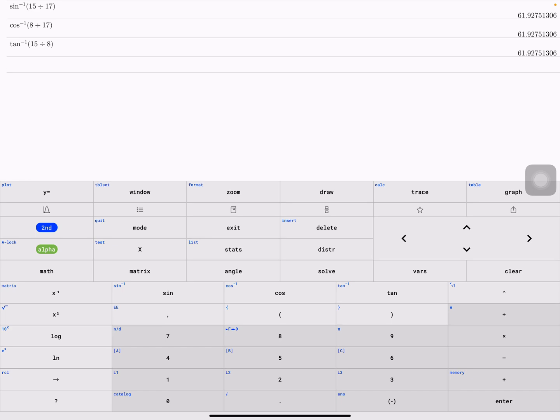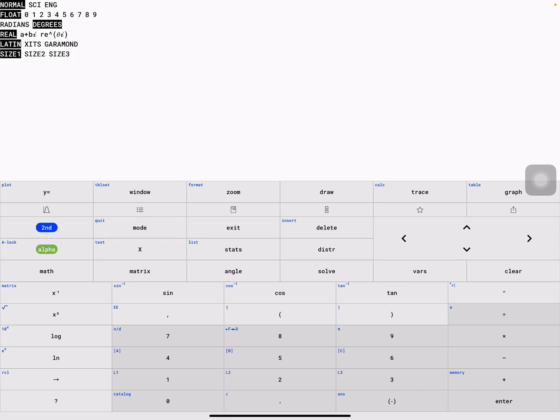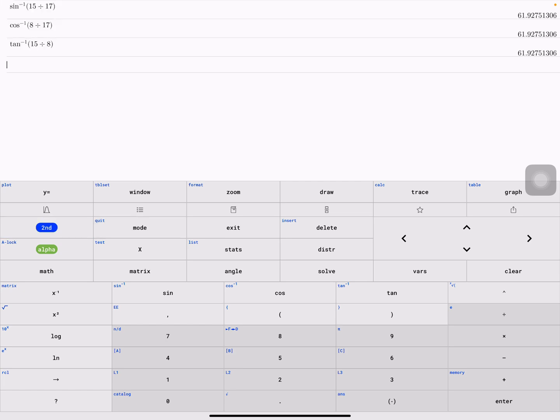Now, if your calculator is not showing these values, it's because you're on a different set of units for the angle on your calculator. So what you would need to do is hit the button that says mode. You can see that mine shows degrees over here, flashing. If your calculator shows radians, you're going to move it over to the degrees, hit enter, and it will highlight the degrees. You want to make sure your calculator is on degree mode, otherwise you're going to get the answers in radians,